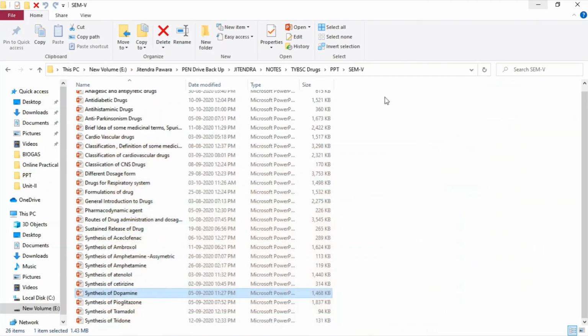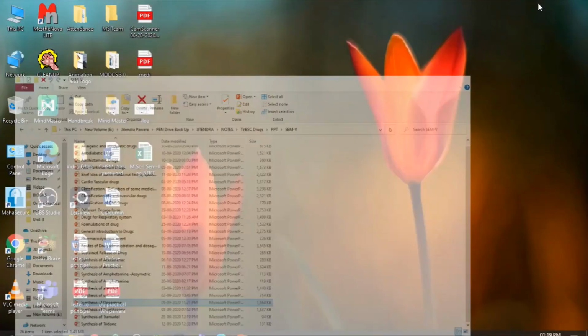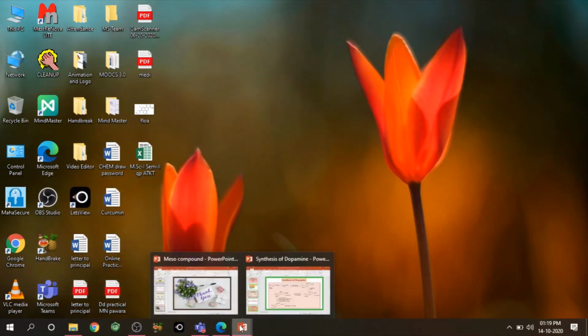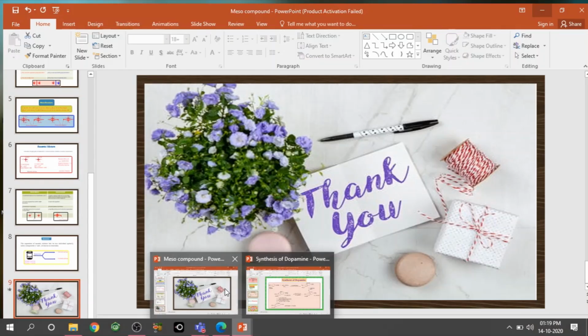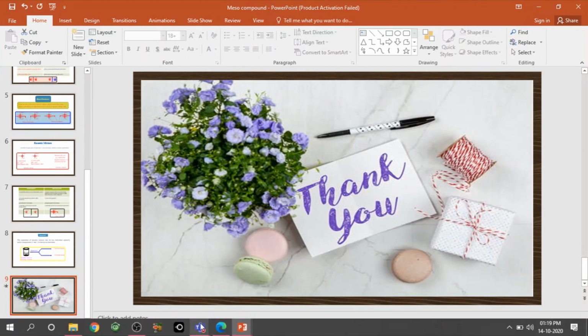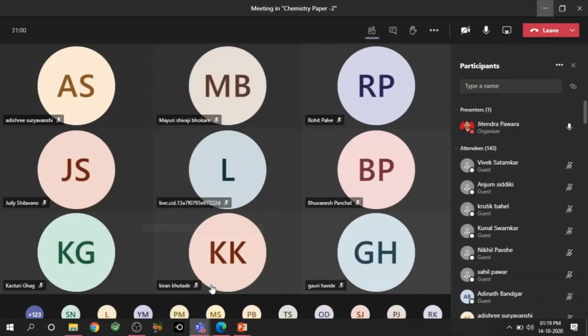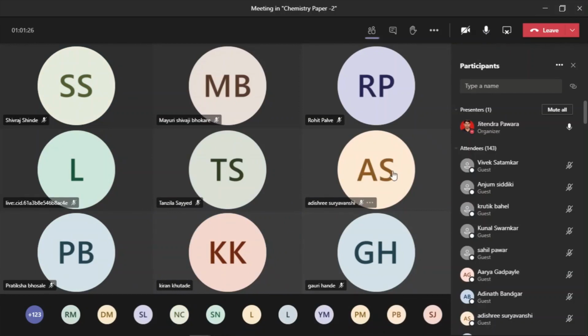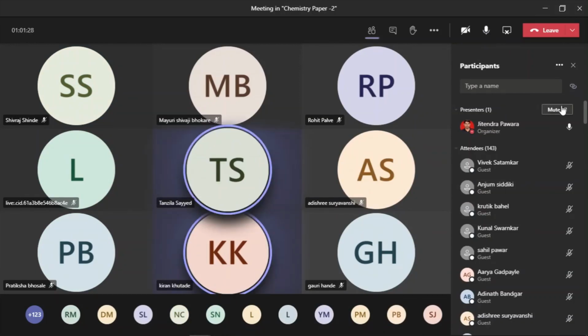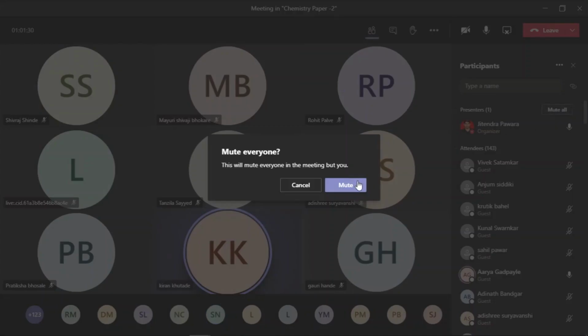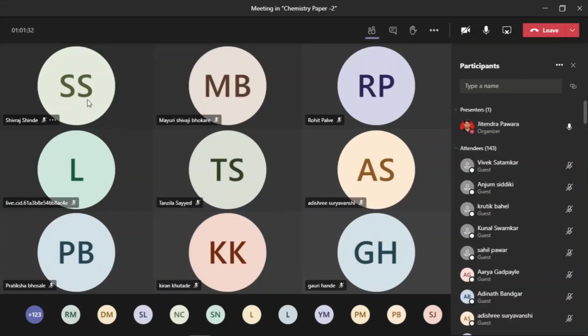ठीक है. ठीक है आता काय. एनी क्वेश्चन. ठीक आहे. आणि काही स्टुडंट, हां हां, सम स्टुडंट हॅव